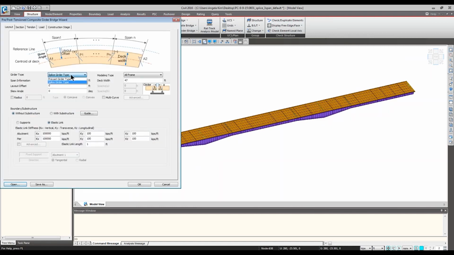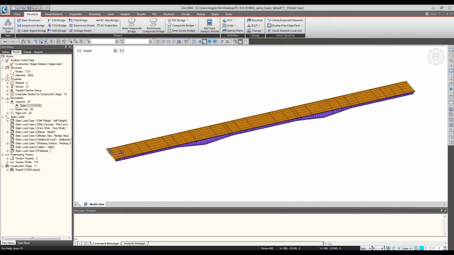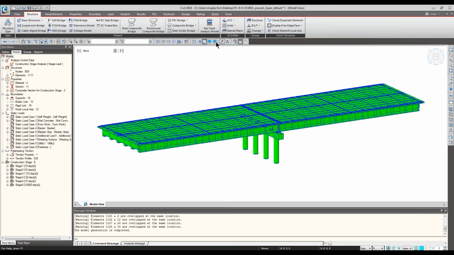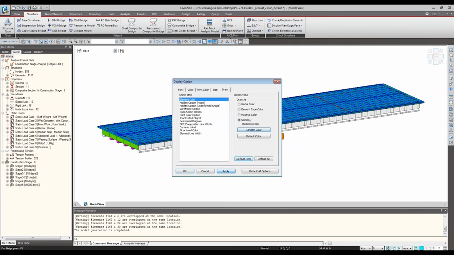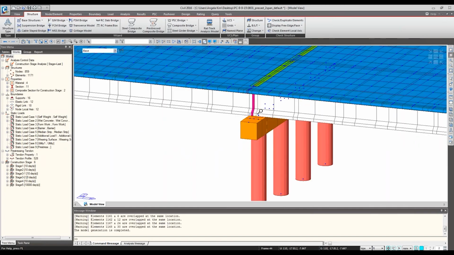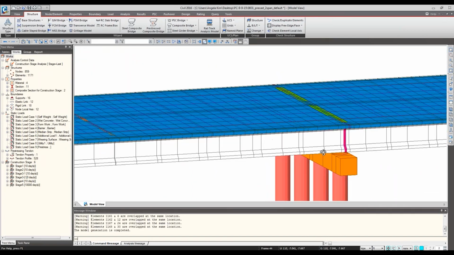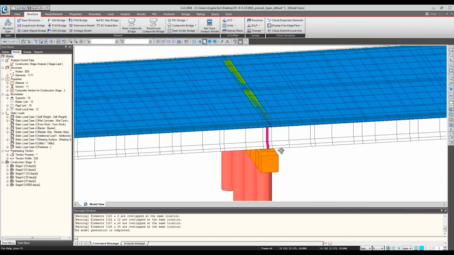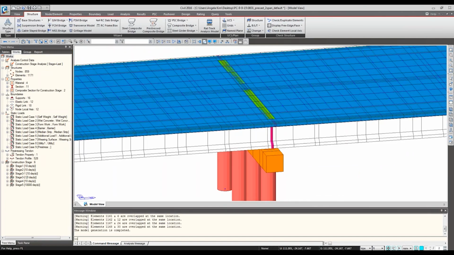And remember, for the precast girder type, remember the spacing portion that I mentioned to you? So when you model your bridge, let me bring back the model that we worked on before. Okay. If you look at my section, right now I display the color to be different per different section properties that I have.